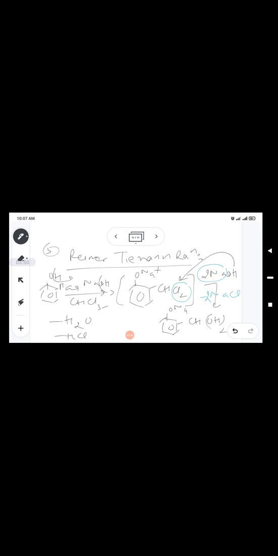These two chloride groups get substituted with two hydroxide ions. Now this is highly unstable,